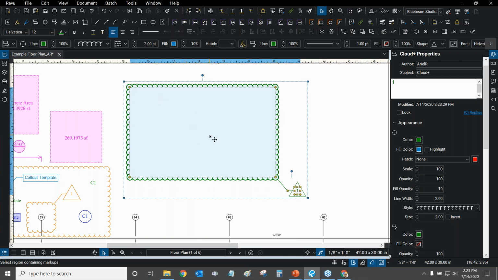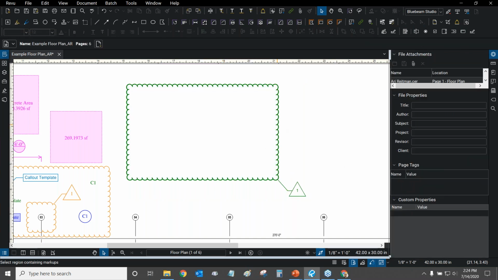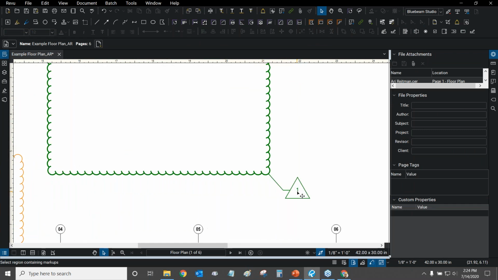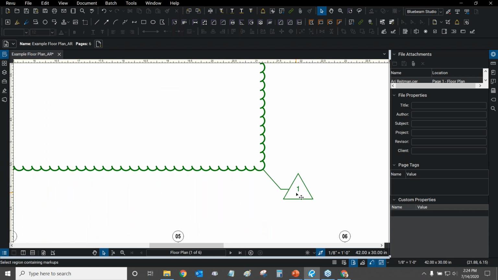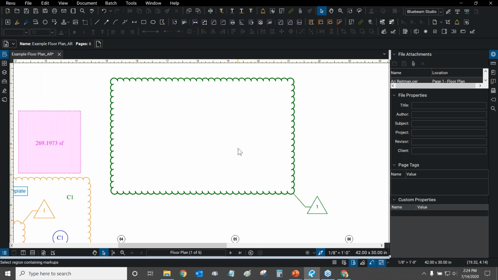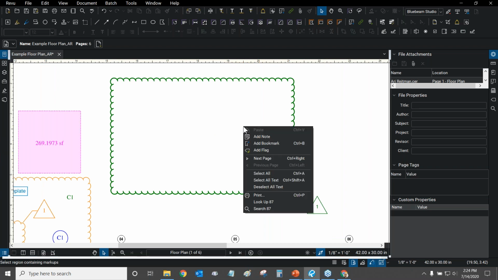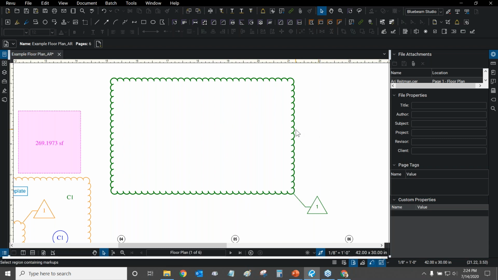Now, sometimes when you right click on the inside of an object, nothing will happen. But because we have a fill, that means that we can. So let's say we didn't have a fill. Now you'll notice that my cursor is changing. When I put my cursor on top of any of the border of the cloud or the text itself, it changes to the black pointer with the 4 cardinal directions. If I move it to the inside of the cloud, my cursor is back to normal. So if I right click, I'm getting the regular right click menu and not the one for selecting markups.